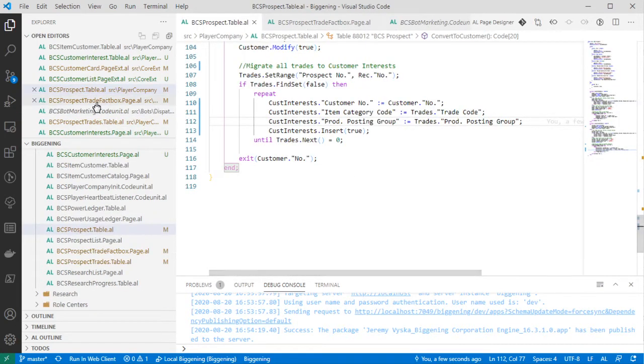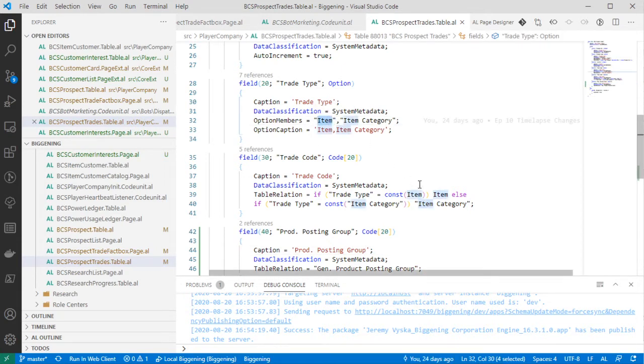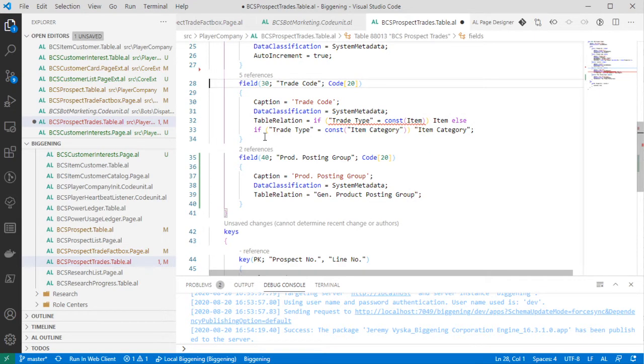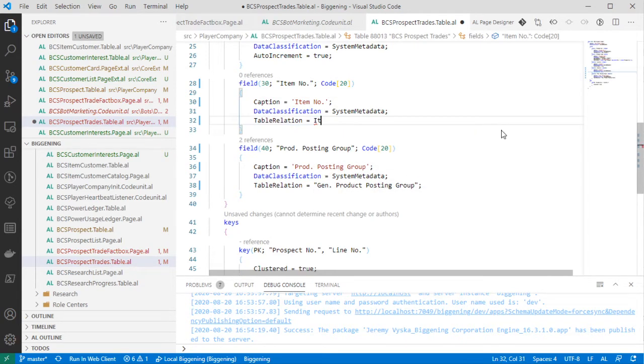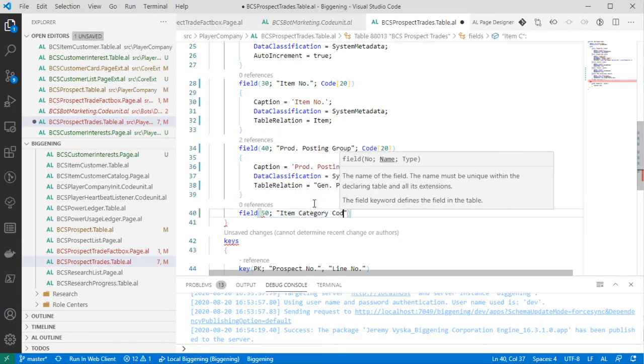Okay. Sometimes you gotta do things the right way. So realistically, we don't need trade types. So we're gonna redo this. Actually, we don't even need trade type. It's irrelevant. If we're moving all of the field data out of the item category versus item, then we don't need this. So we're gonna clean it up. We're gonna break everything. I'd rather take the 10 minutes than add it to a to-do pile. It doesn't make sense to get onto a to-do list. So that is that. And now we can just say field 50 is the item category code